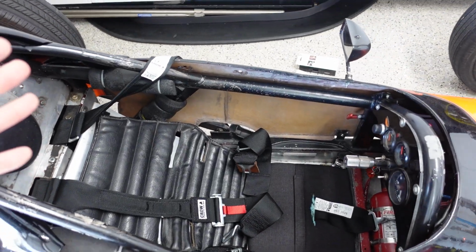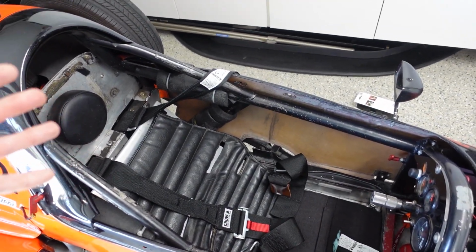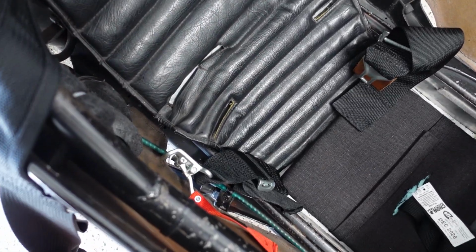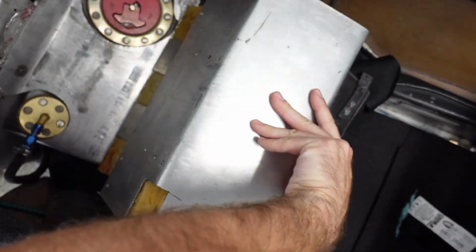The first thing is that these cars don't really have seats. They kind of just have these makeshift seats. So the previous owner, what he had here was what he totally made custom. So all of this that folds